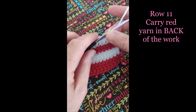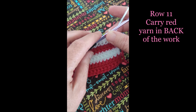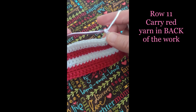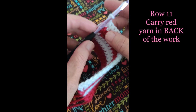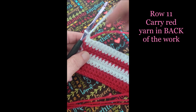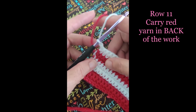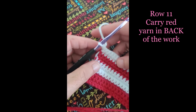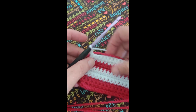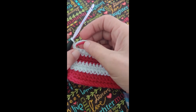On row 11, we're going to carry the red yarn in the back of the work. So let's make our chain and turn, and then we want to bring this yarn up here that we have on the ball that's just hanging here waiting for us to grab back onto it. So we're just going to bring it up,